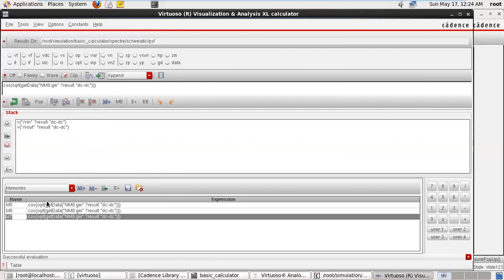So we can move the expression of the buffer and save it into the memory or into the expression window. So all these operations can be performed on the data.